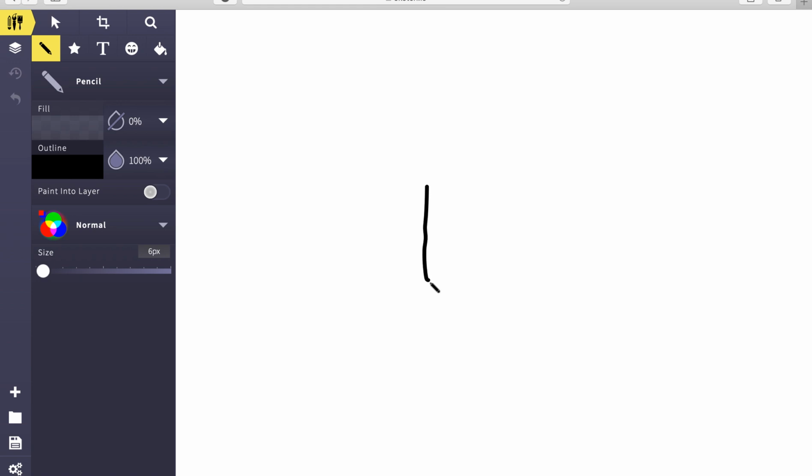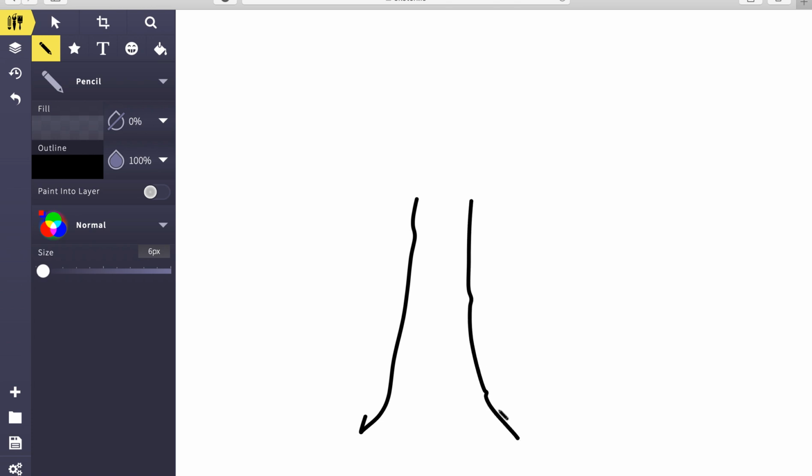So start drawing the tree. So if you don't like this drawing, for this software there is no function like an eraser, but you can undo the drawing by clicking this icon, and it will undo your drawing, and you can try again until you get the tree you want. So you draw the tree,